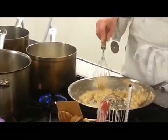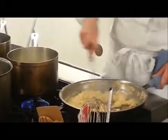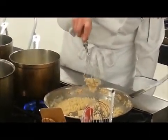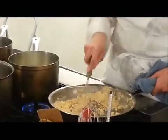I always keep a dry towel handy. These handles get hot. Now it's melted in the pan. You're dry, and here's something I've learned about myself,